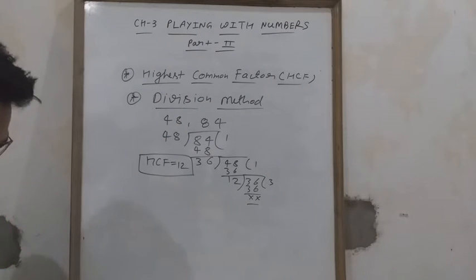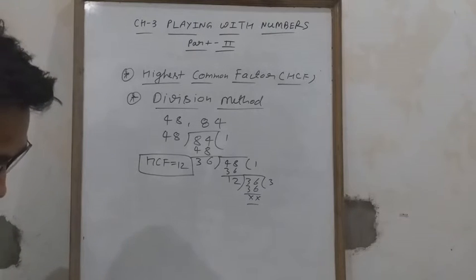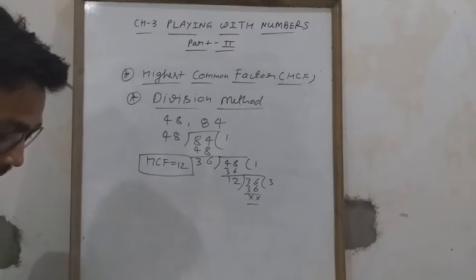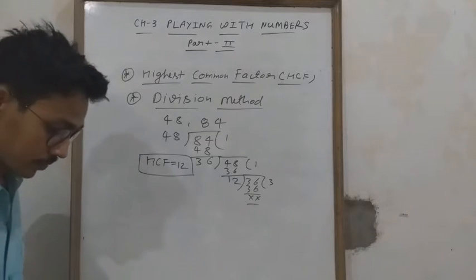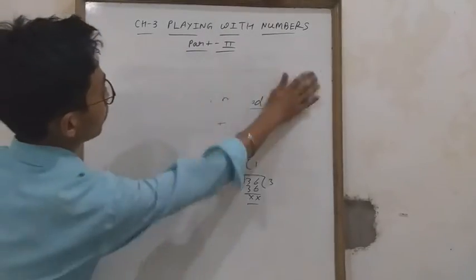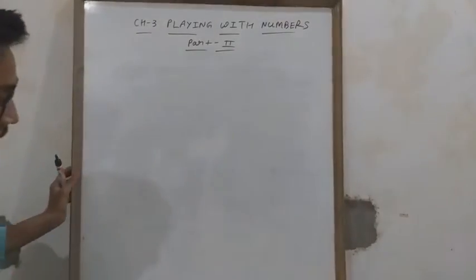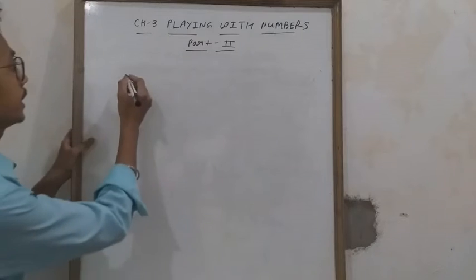Now the next thing given in your book is least common multiple, that is LCM, lowest common multiple. Least and lowest everything is same. Least common multiple of. So how we will find out least common multiple? Okay student. Now come to the topic LCM. LCM also consists of two methods, student. Two methods.